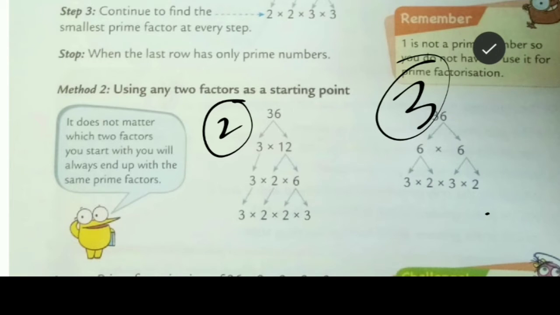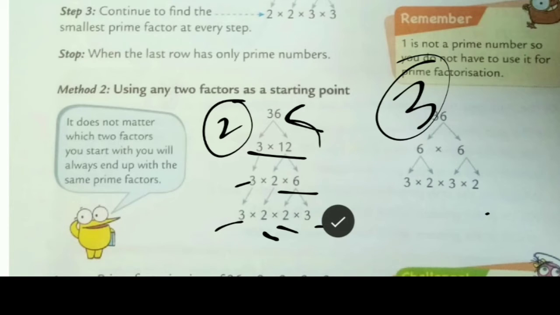In this one, 36, from the table of 3, directly we can write 3 times 12 is 36. Now this 3 is a prime number, so after this no number will come. So we will write 3 and 3 as they are. This 12, how will we write? 2 times 6. This 2 is a prime number, so this 2 remains the same. How will this 6 be written? 2 and 3. So now these are the prime numbers. So how will we arrange? 2 times 2 times 3 times 3.